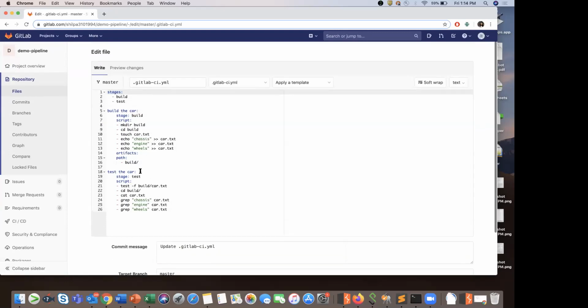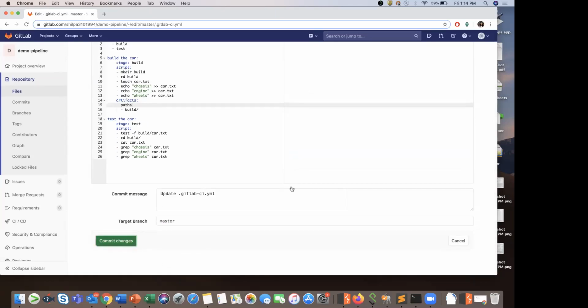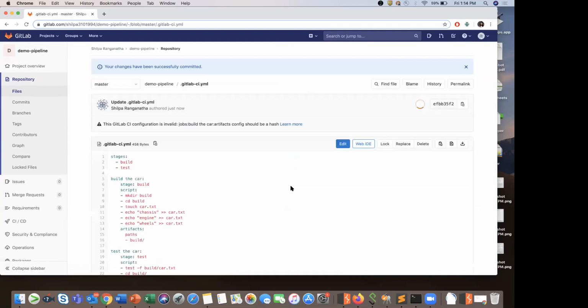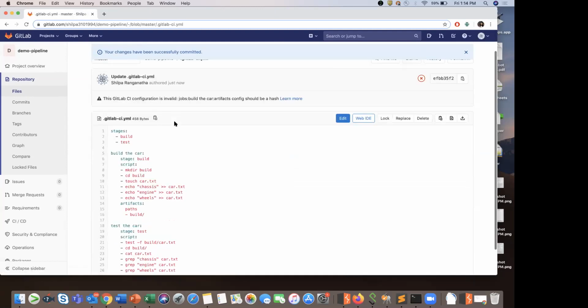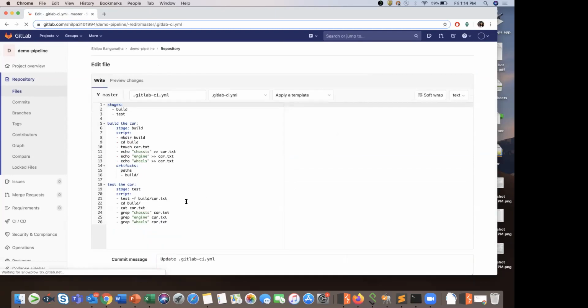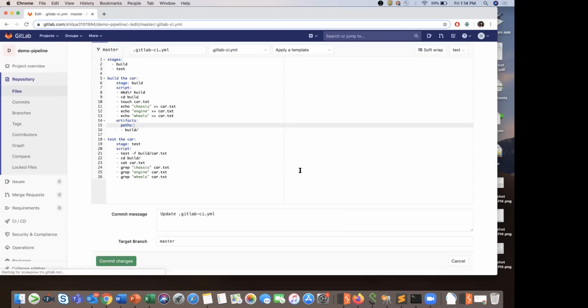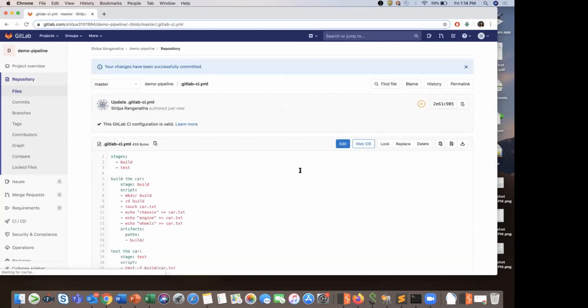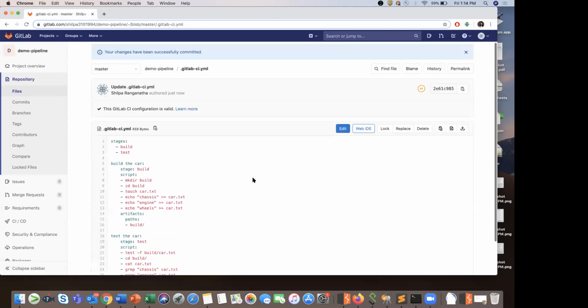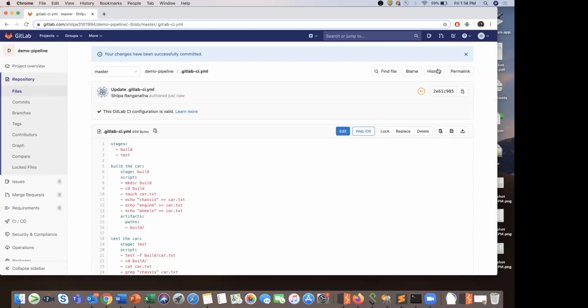Shilpa, I can add in here. The path has to have another indentation with double spaces. Am I missing the indentation part here? Yeah, double space. And it's not paths, I think it's path. Let me just check once. You've got to add the colon, right? Yep, it's working. It is parts, I think.